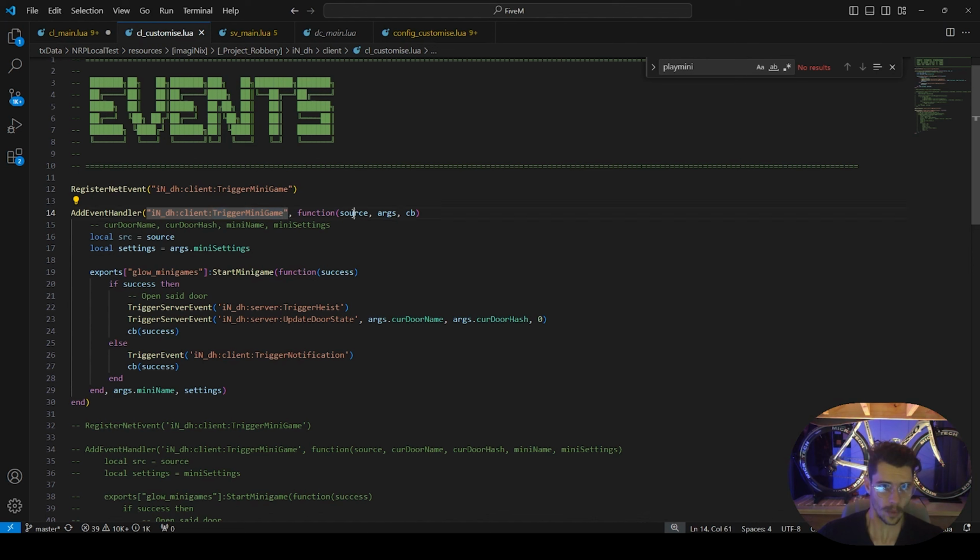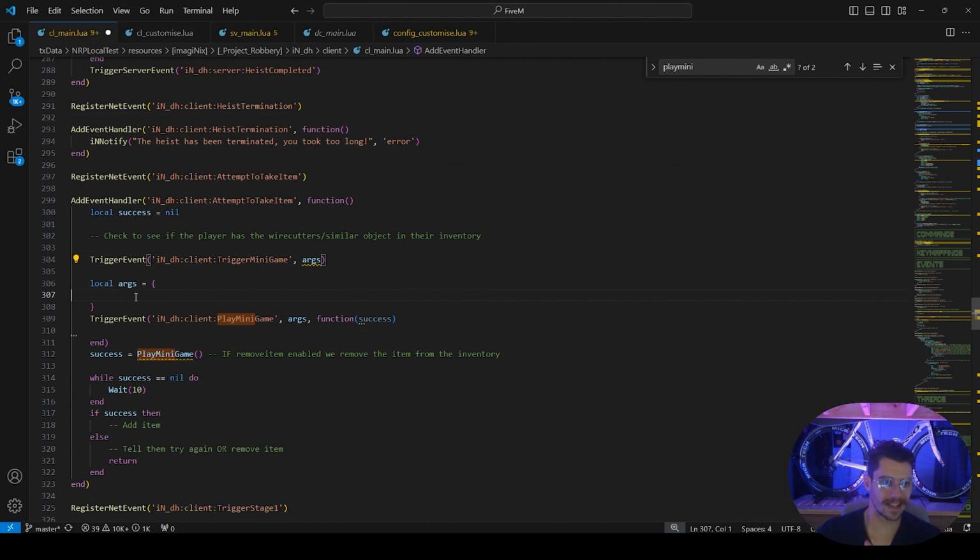Okay, we're taking in source, arguments, and a callback, right? So this would be standard for trigger minigame. Right, in our exports, we do what? Trigger a server event to trigger a heist, right? And update door state with a callback success, or trigger notification. Okay, so part of our args, we have to give something else. Right, so what I want to do is, in this argument table,